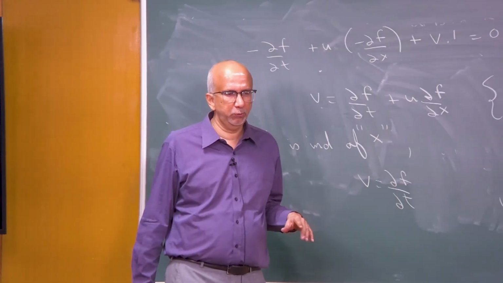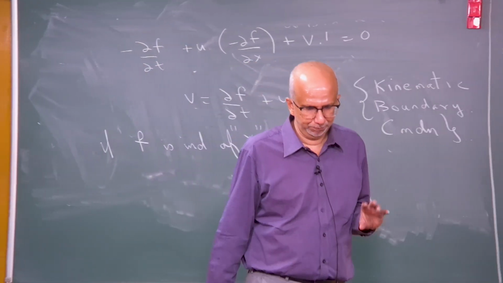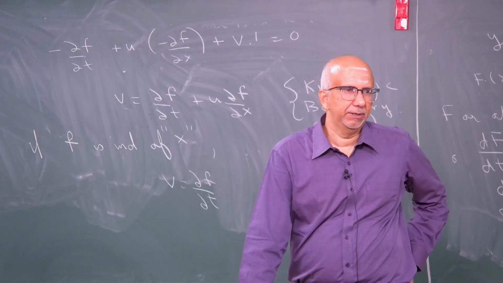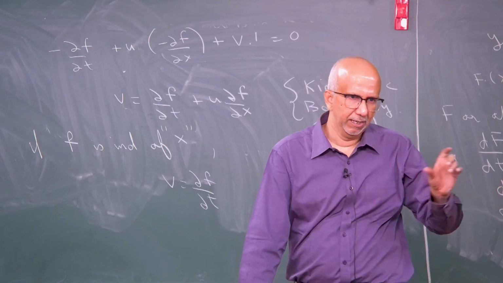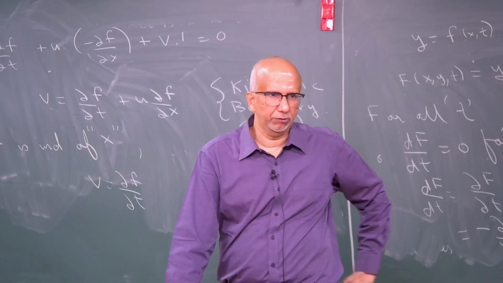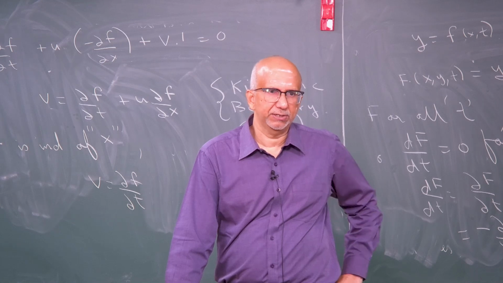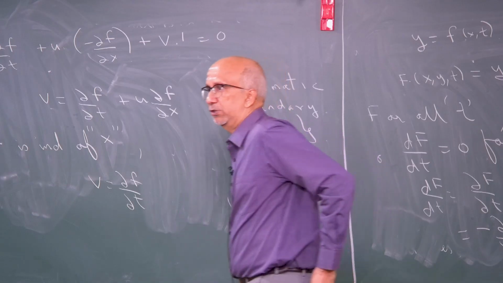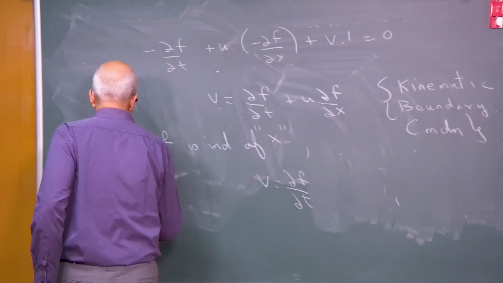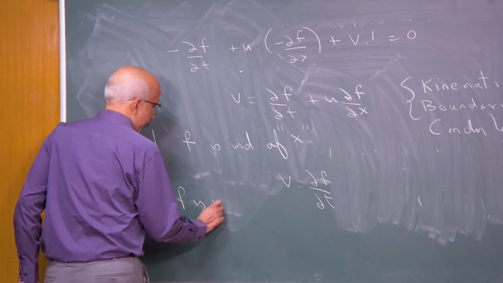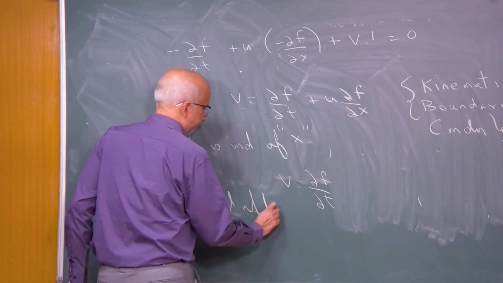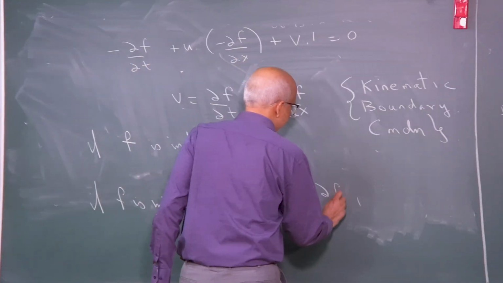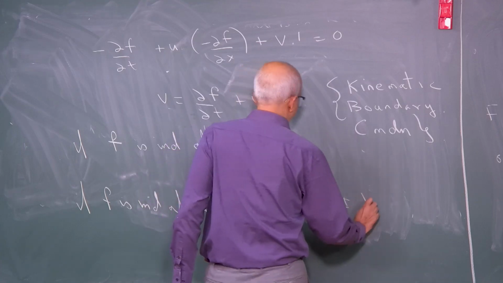So point is, when you do a derivation and you come up with some results, you have to make sure that the derivation you have done is right by looking at some simple cases like this, the limit of what happens if it is not a function of x, what happens if it is not a function of time. Supposing f is independent of time, what do you get? df by dx is equal to v by u.